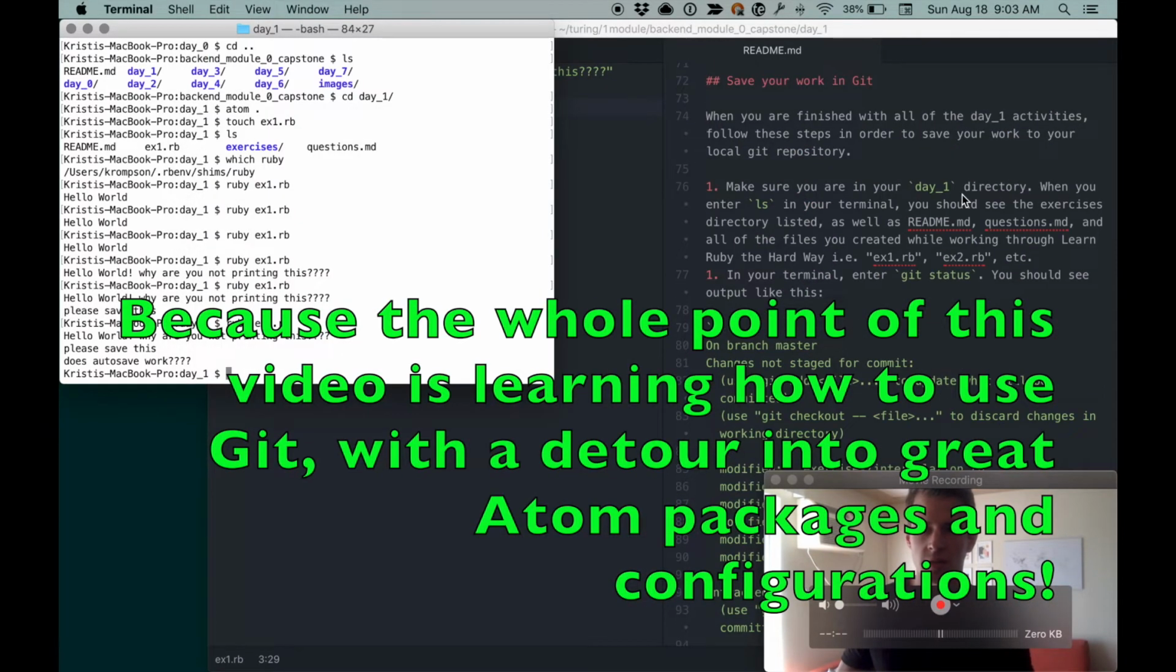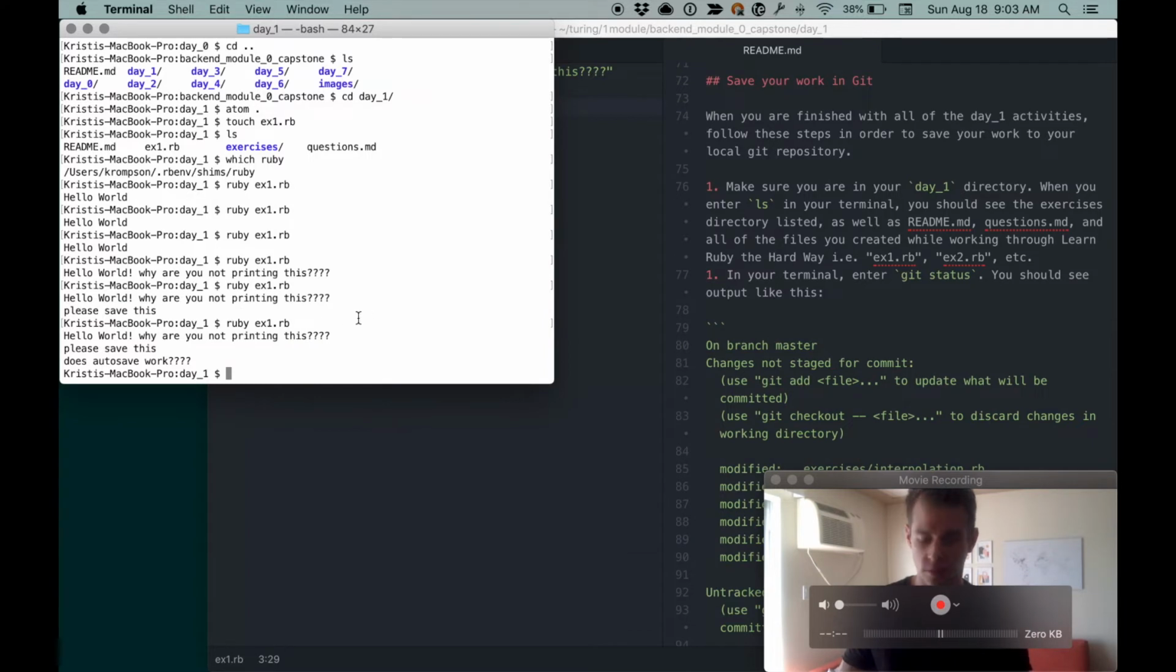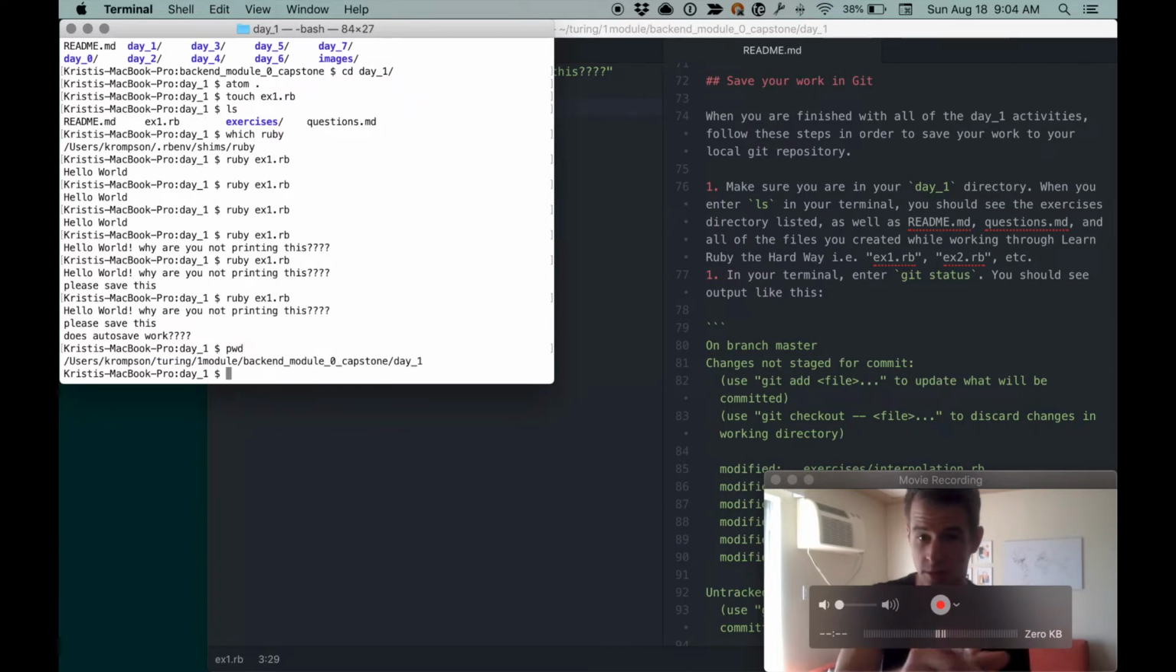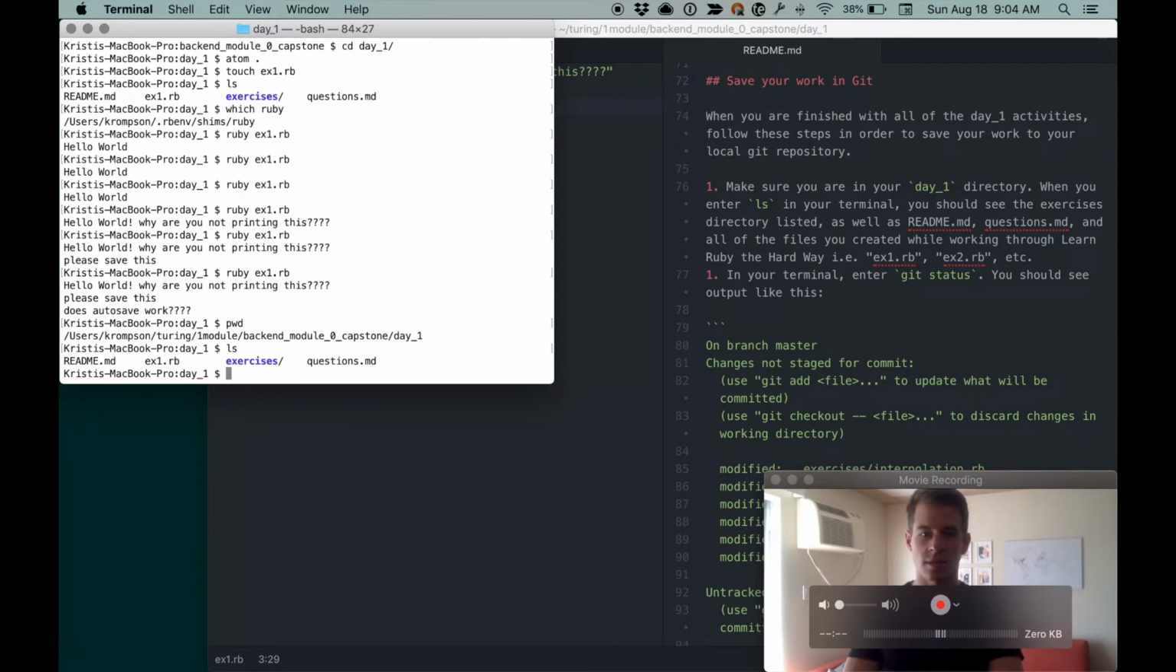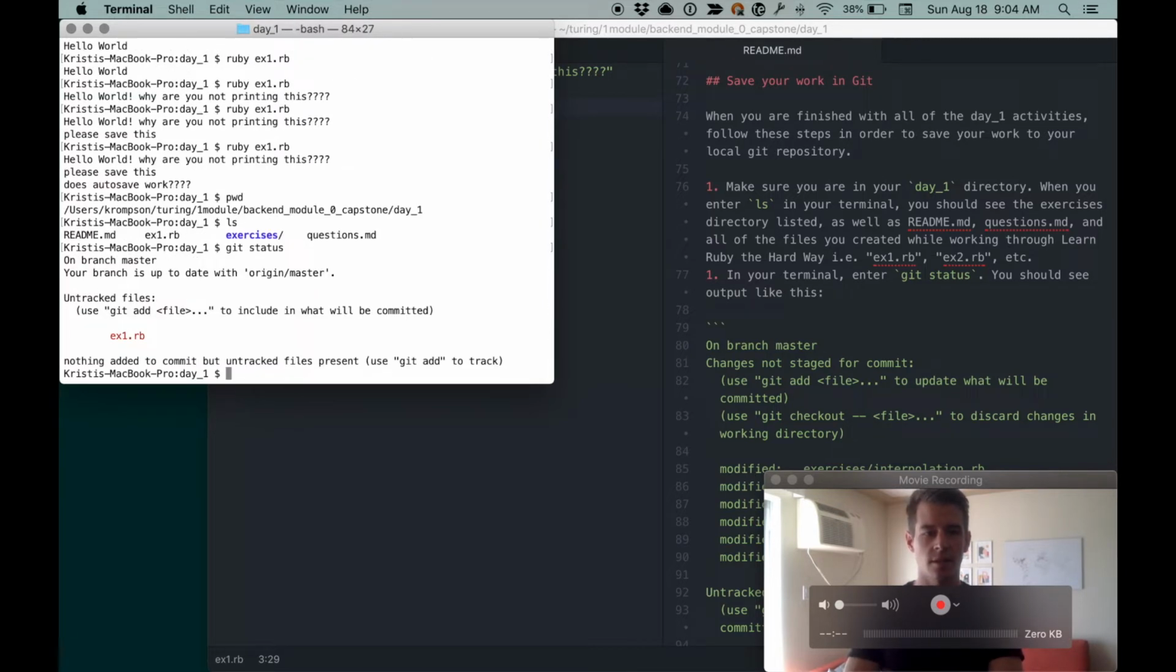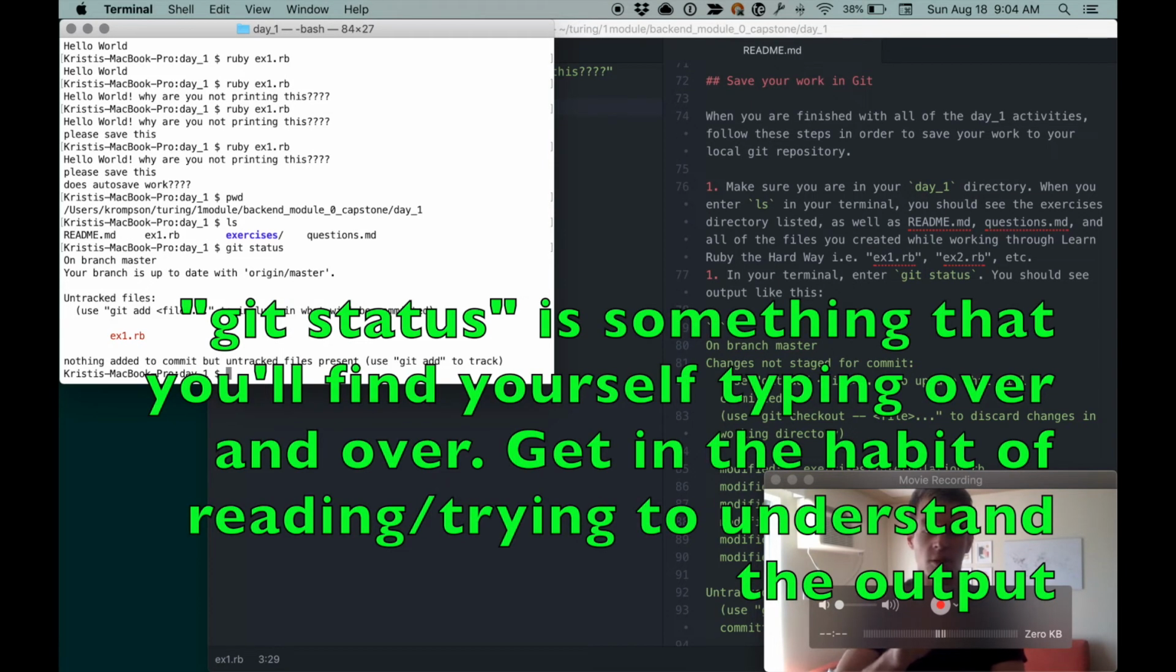Make sure you save it in the day one directory, or make sure you are in the day one directory, so we can print working directory and we can see that we're in the day one directory. When we do ls, we see our new modified files. When I run git status, it says on branch master, blah blah blah, untracked files example1.rb, because that's that new